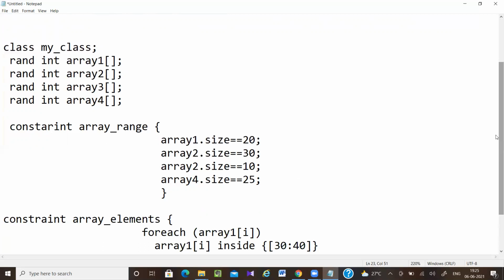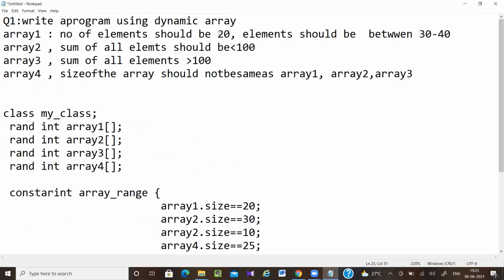As I mentioned for the array size, if you want it to be 20 or 30 to 40, you have to write array dot size inside 20, 30 to 40, like this.